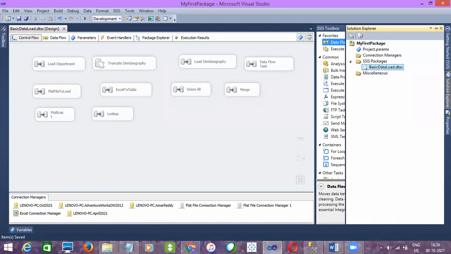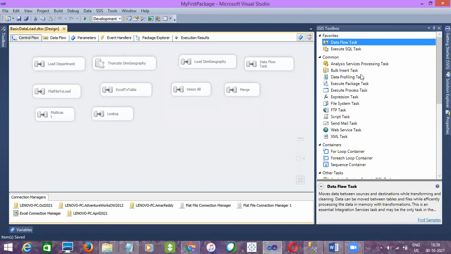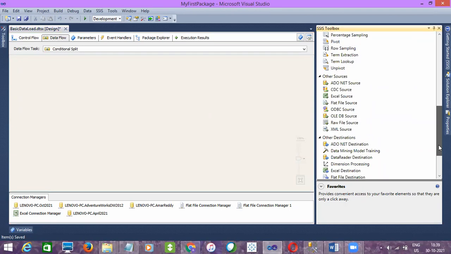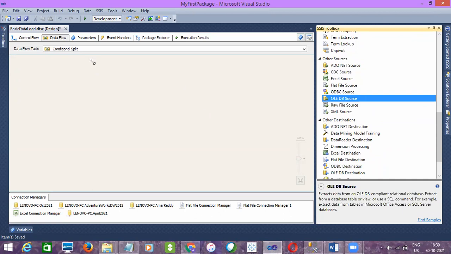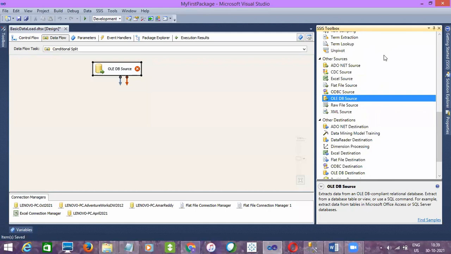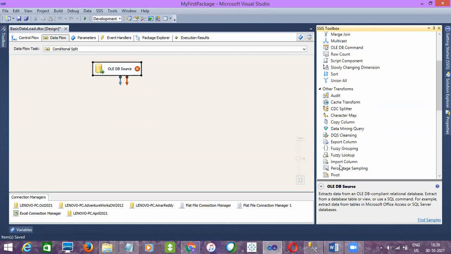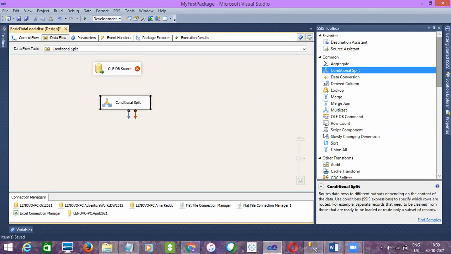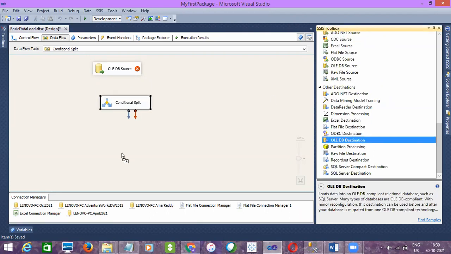So let me drag a data flow task, and here the conditional split, and I'll take the source OLEDB source, conditional split transformation, and the destination is OLEDB destination.